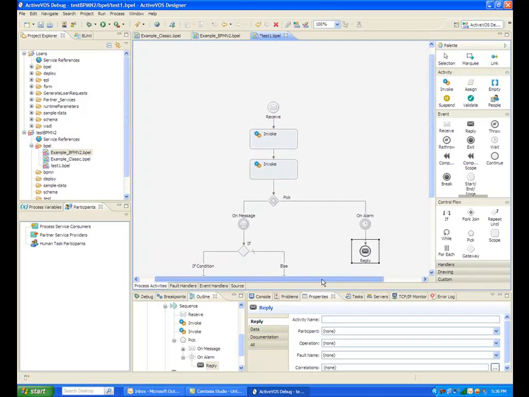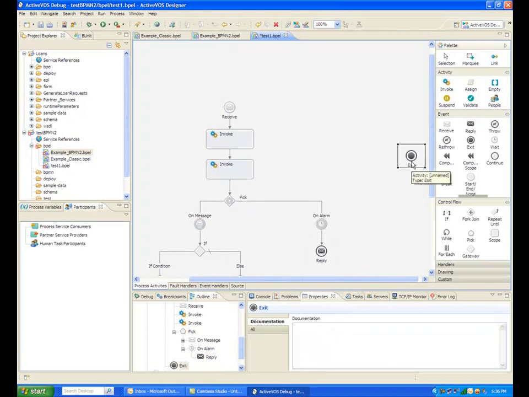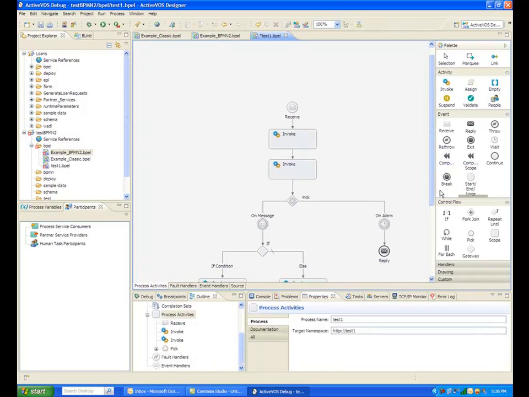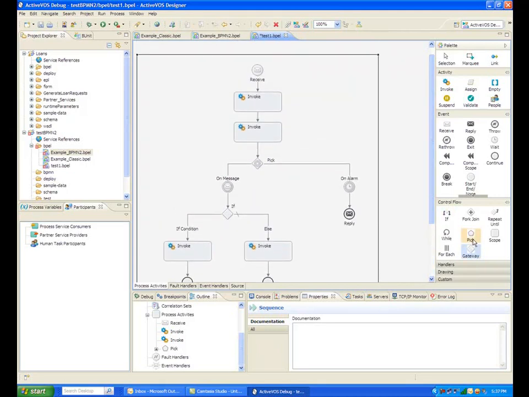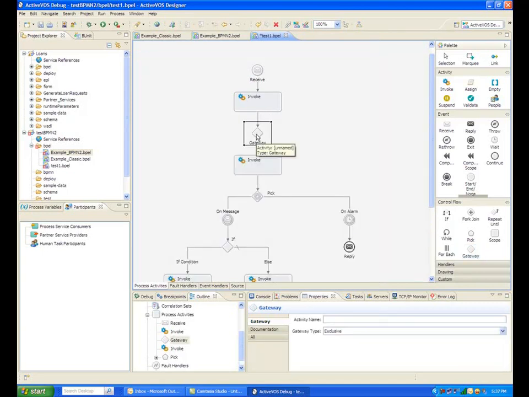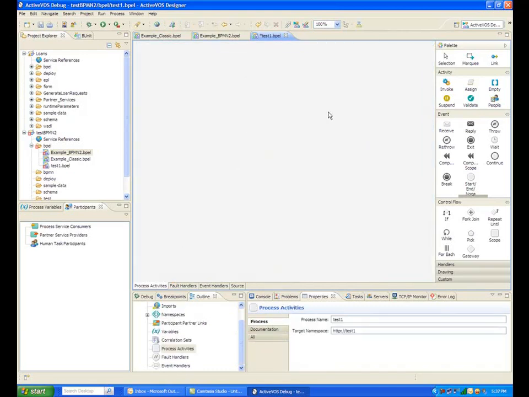Let me show you next how you would do some of this stuff when you're working with multiple structured areas. When you're doing that, you will sometimes use gateways by hand. So here's a gateway that is showing without anything inside of it, which means it's an exclusive gateway. So I can get the equivalent of an if by, and actually I think I will start from scratch here